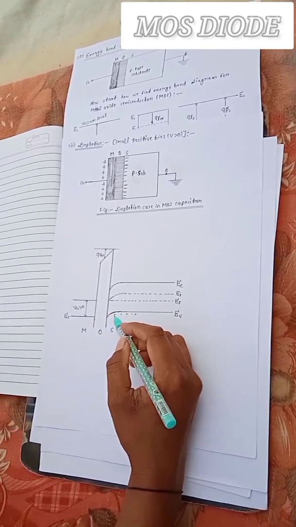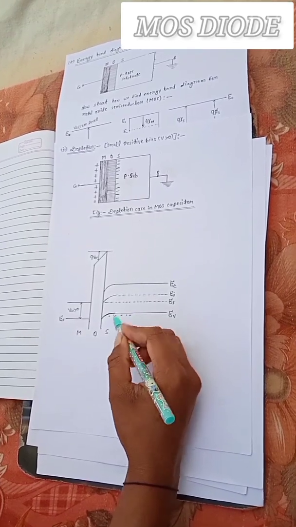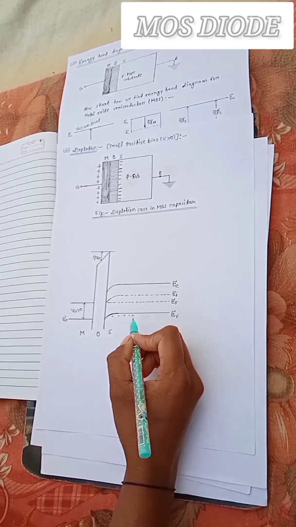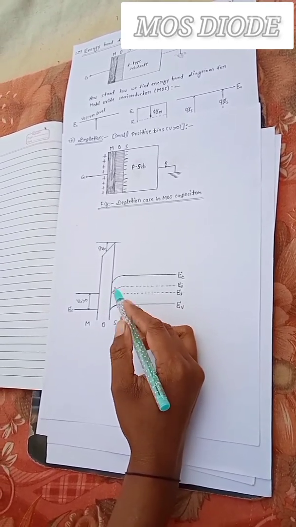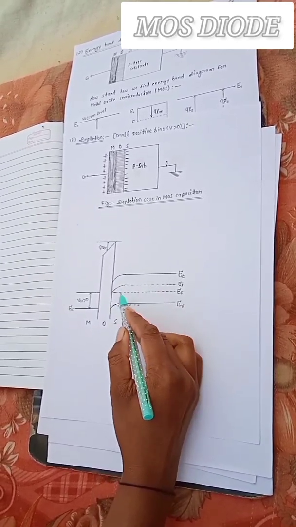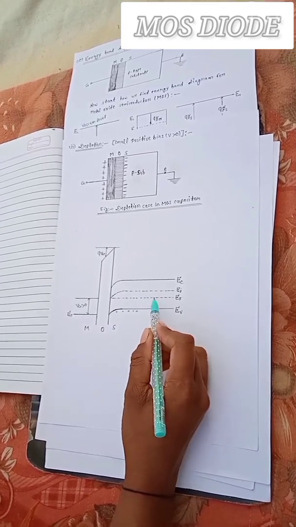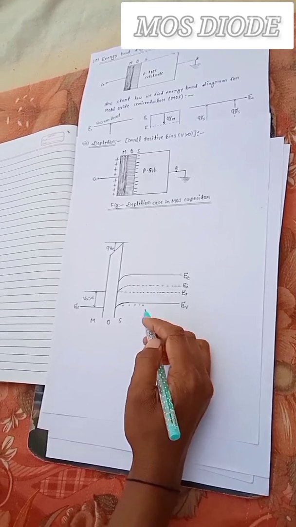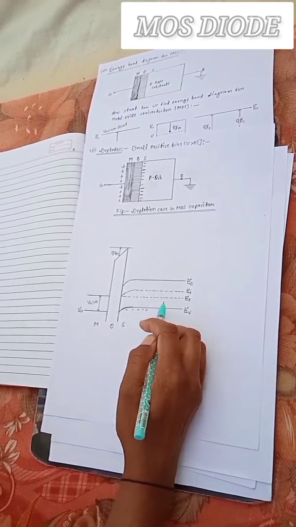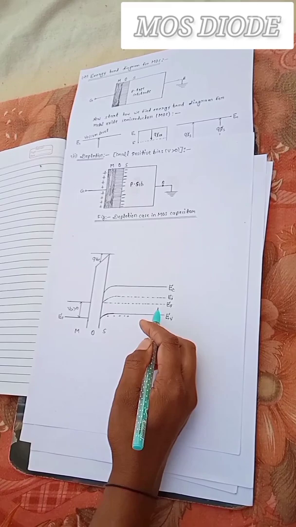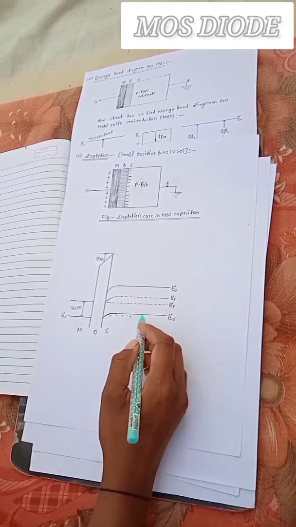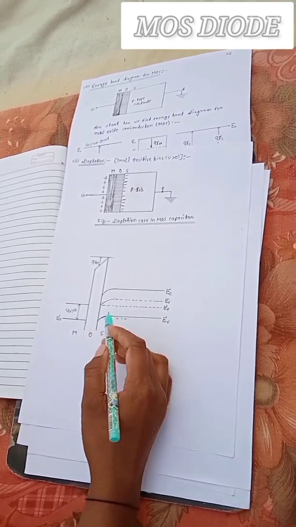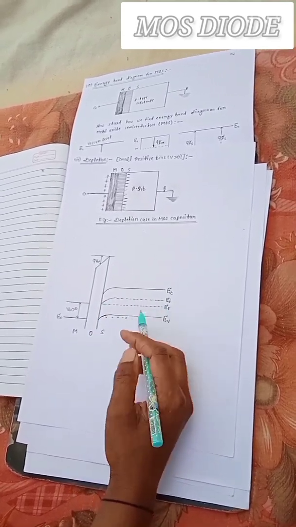these are holes, and this is a p-type semiconductor. This positive voltage will repel the holes, so near the surface the holes will be pushed away and create a depletion region. Here the Fermi level and valence band come closer in the semiconductor, and the Fermi level does not change in this condition, and the valence band and Fermi level are very close. This figure shows the depletion case in a MOS capacitor.